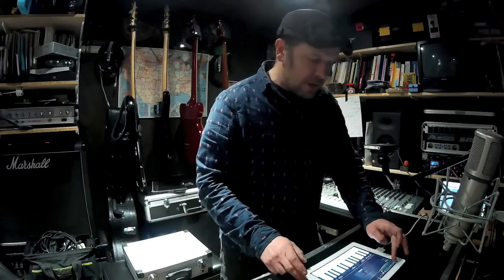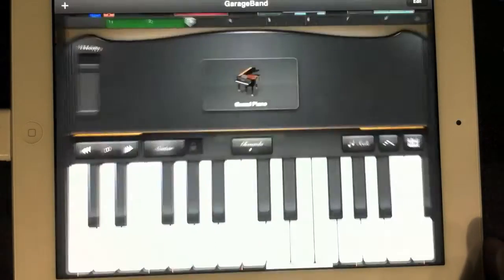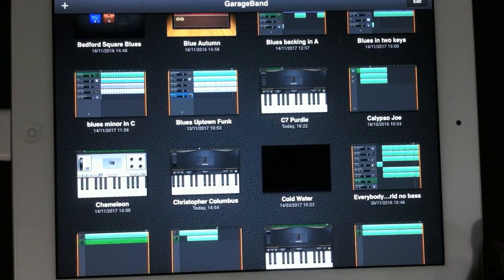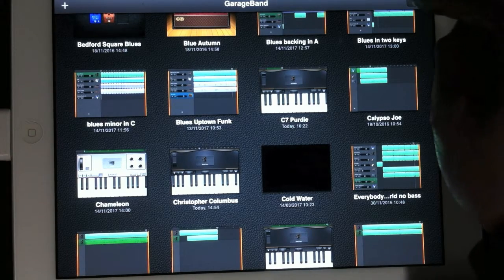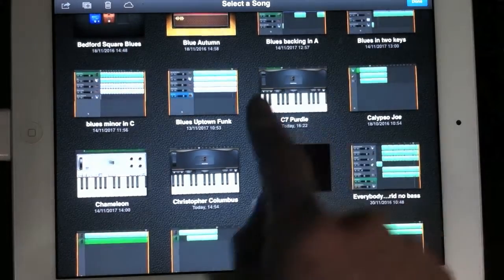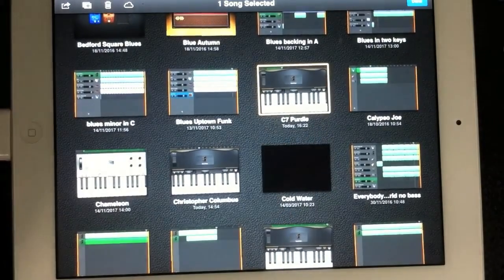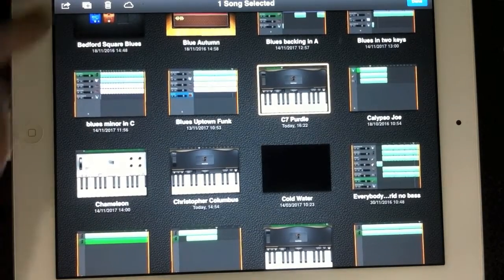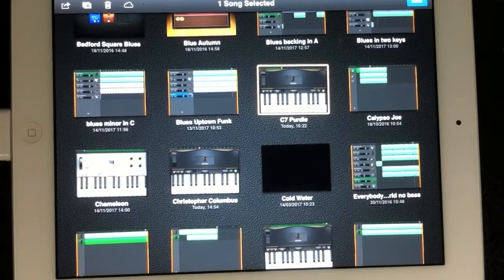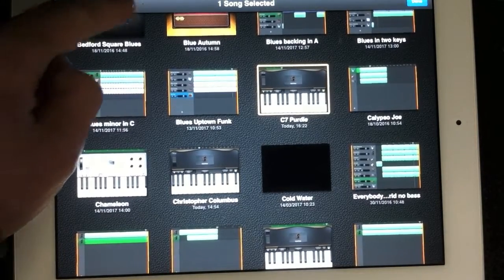Okay, so I've now saved my song. There we go. How do you export it to iTunes? I was asked this question. I think I went through it last time, but obviously wasn't clear enough. So if I go to Edit at the top, my tune, C7 Purdy. Now, I'm going to take this and send it to iTunes, and the answer is you get a load of options at the top. You can either copy your tune if you wanted to do an edit but keep the original. That's quite handy. You could send it to iCloud,